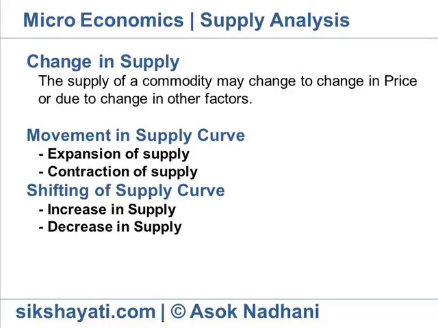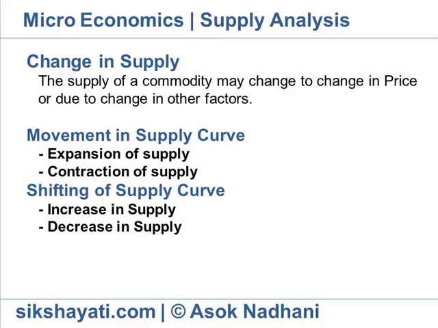Increase in supply. When supply of a commodity increases due to change in any factor other than price, it is called increase in supply. It is shown by rightward shift of supply curve. Factors for increase in supply: improvement in technique of production, fall in price of substitute goods, fall in cost of production, favorable changes in government policy, fall in the expected price of good.